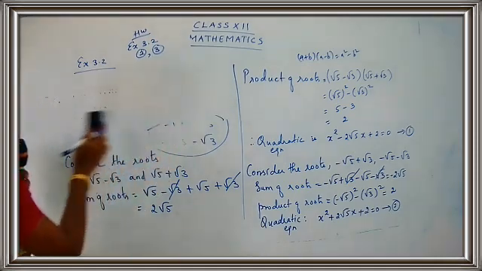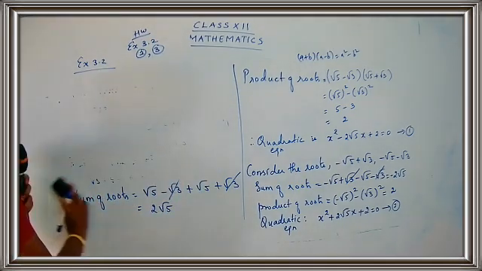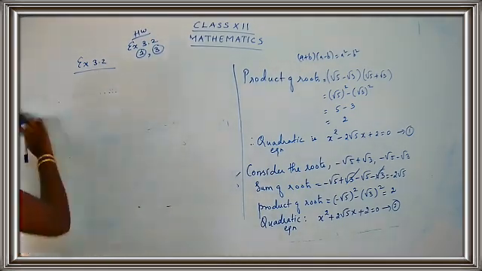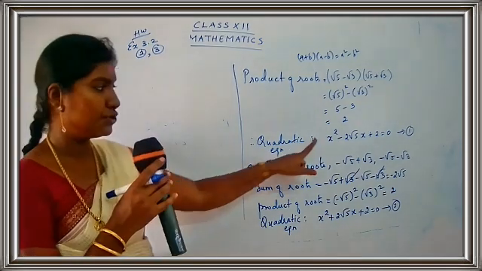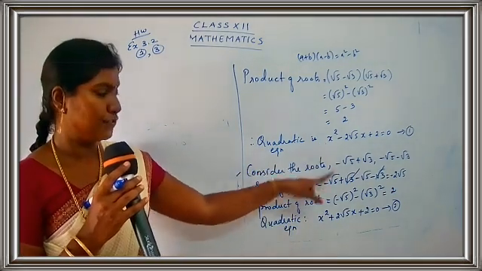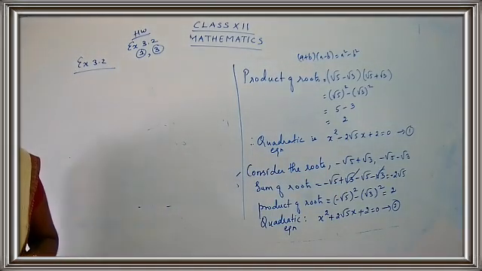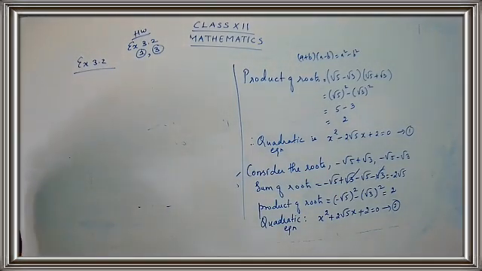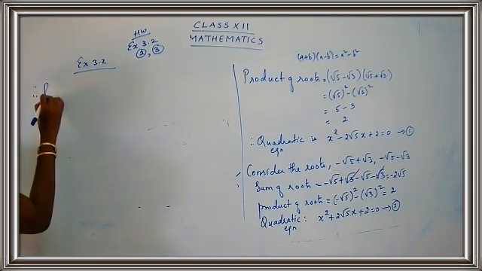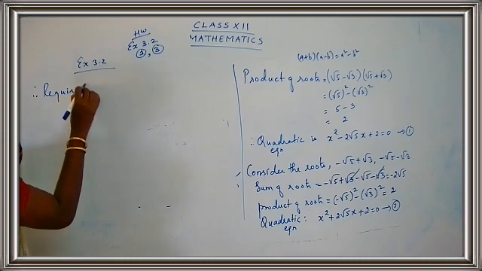Now we have to consider again these two things. What are you going to consider? You are going to consider these two quadratic equations. The first one and the second one, the 1 and 2. So consider the first one and the second one. Write down. What was the question? The question was find a polynomial equation, right? So write down. Therefore, the required polynomial equation is